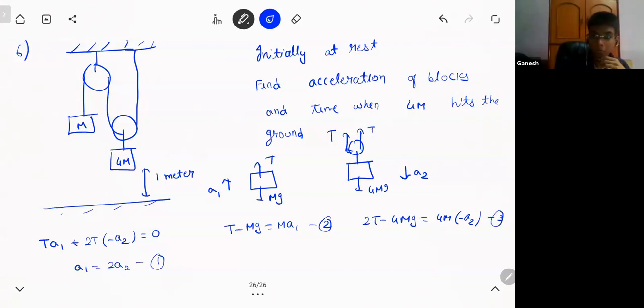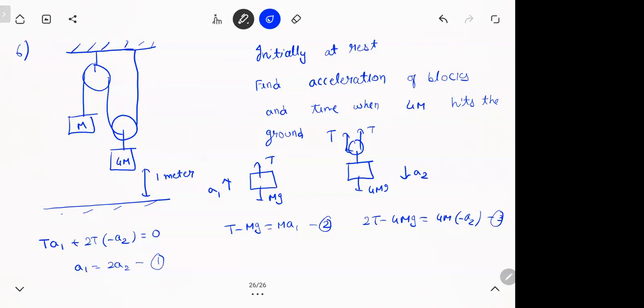Sir, here we have to consider that the mass M block is going up. Think about it: if 4m is going down, then m has to go up. Do you think both will come down? Yes, sir. Then if both come down, you have some super string. Even if you don't consider that, the minus sign will automatically come. So what do you want to take? Want to take it down? Okay, if you take it down, this will be minus. You'll get minus. But it is kind of obvious, because if 4m is coming down, then m has to go up.